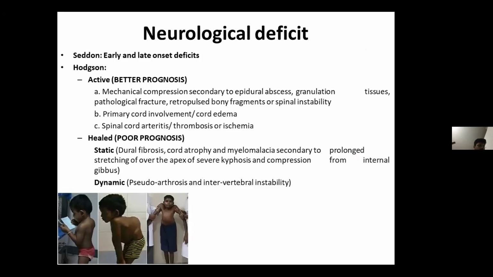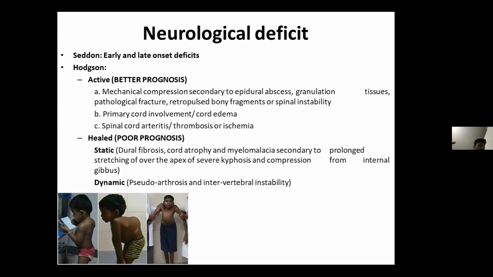Classically, neurological deficit has been classified. These two classifications everybody would have heard of. Sutton's classification as early onset, late onset deficits. Hodgson's classification is of prognostic value. They classified as neurological deficits occurring during the active phase of the disease versus neurological deficits during the healed phase of the disease. Overall, whenever there is a neurological deficit which happens during the active phase, it carries a better prognosis. The common causes for a patient to develop a neurological deficit during the active phase of the disease include,